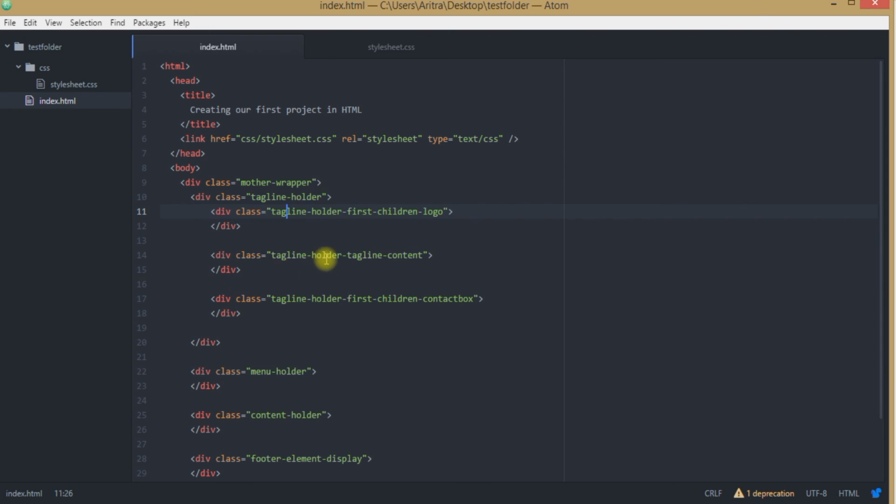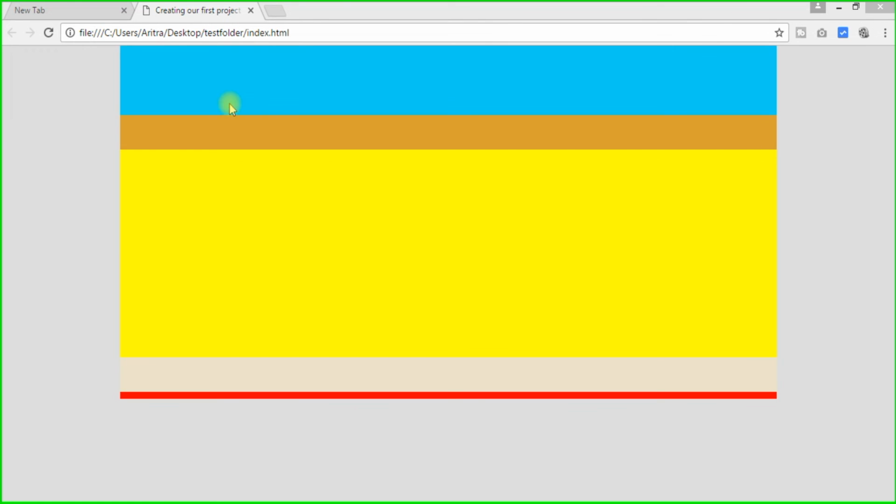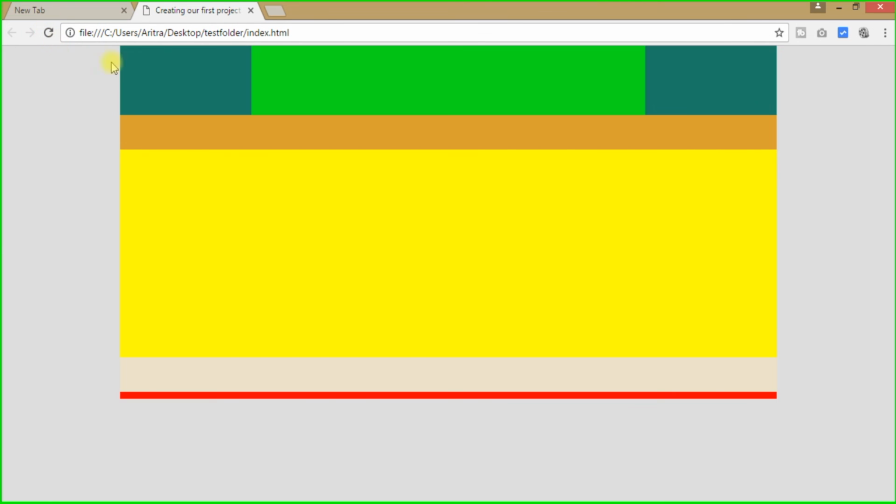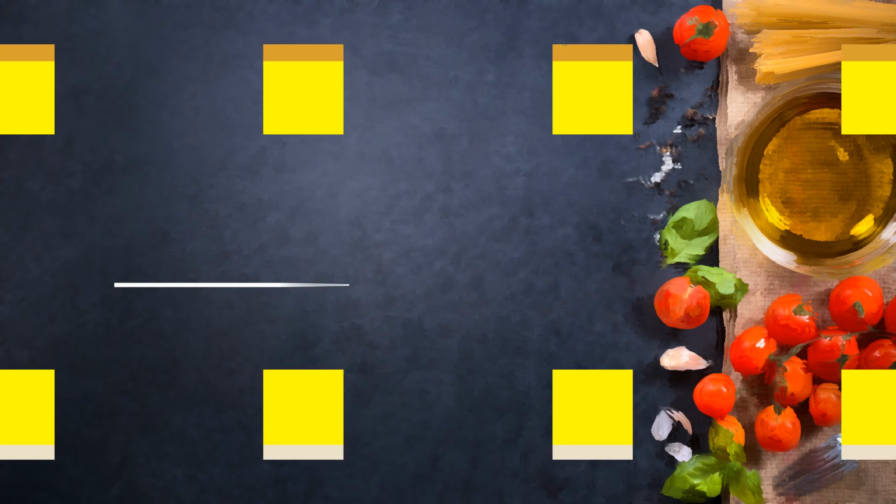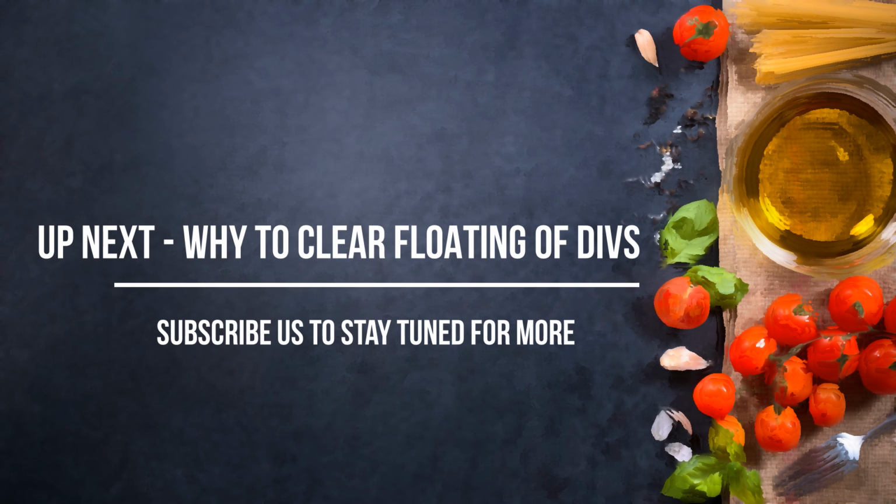Then comes the middle box, which is actually holding the tagline, so I have named it as tagline content, and this is the third child div, which is known as the tagline holder first children contact box. Now just press Ctrl S, get back to your site and reload, and you see that all these divs are now in position.